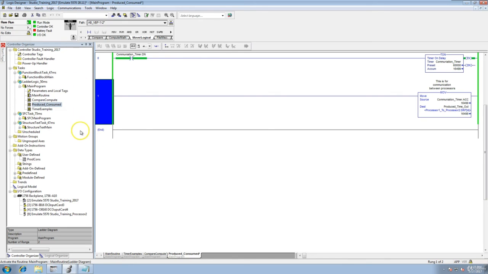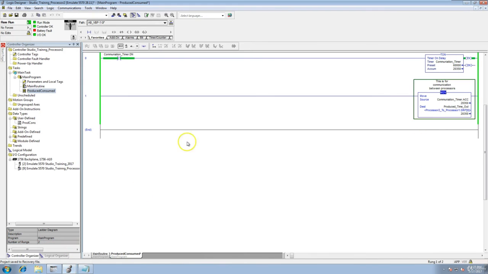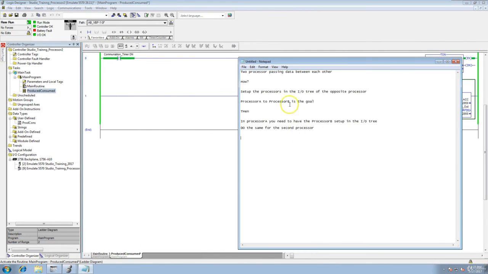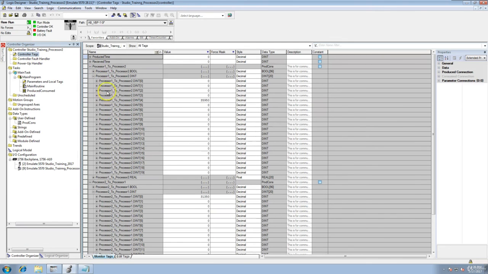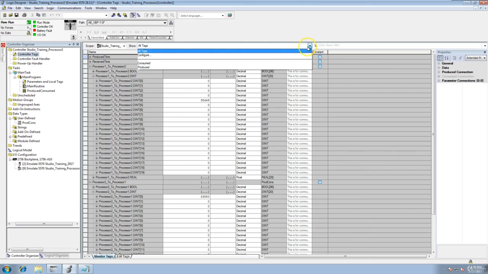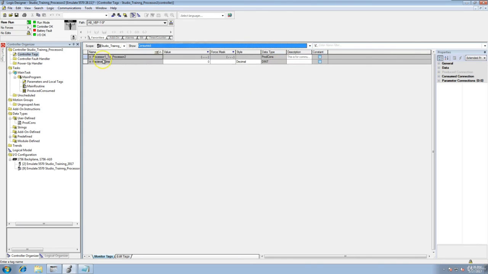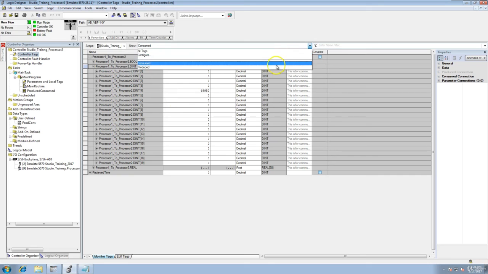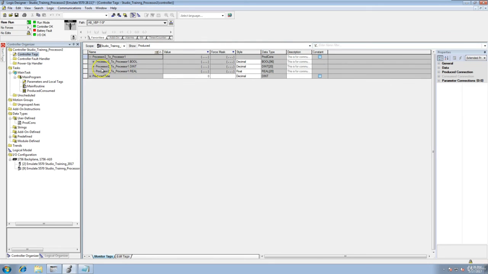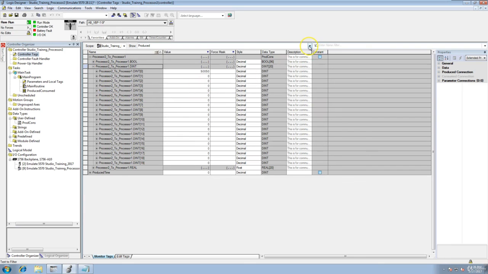Okay, to wrap this video up, just want to clarify that this is pretty easy to read, and I think it is. So just make sure you note the processor, how to set them up in the IO tree, how to set up the tags, and how to find the tags. So let's look at consumed. This is everything consumed in that processor, right? So if I want to just quickly find that, I can go right here. If I want to look at what I'm producing, I can quickly go in here and see the same thing, right? Or if I want to look at everything all together,